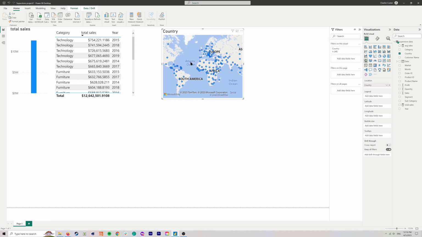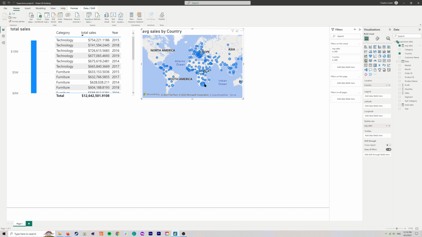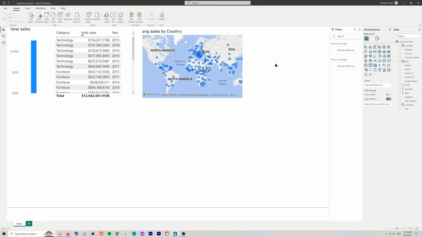But anyway, here's our chart of just countries, and then all we need to do is drag average sales onto that. And we can see that now these dots have scaled to indicate the size of the average sales coming from each country. Now, this is a cool visualization. It doesn't actually really help us answer our question, which are the top three, because we can't easily see from this which of the circles are the biggest. I mean, this one's clearly pretty big, so I'm guessing Lesotho's in the top three, but Europe is all scrunched together. So we could zoom in, but an easier way to answer that question quickly is probably just going to be